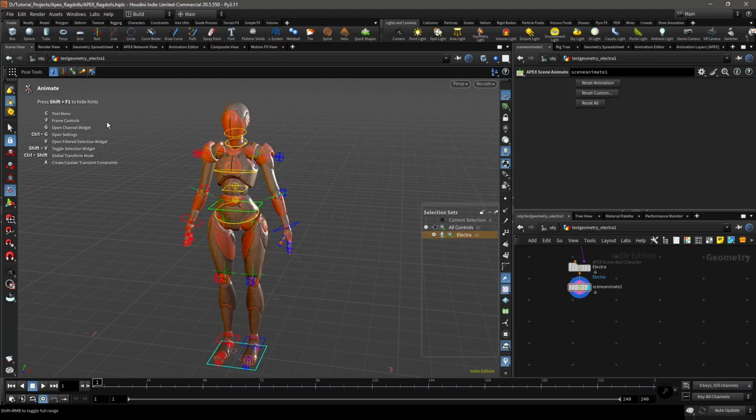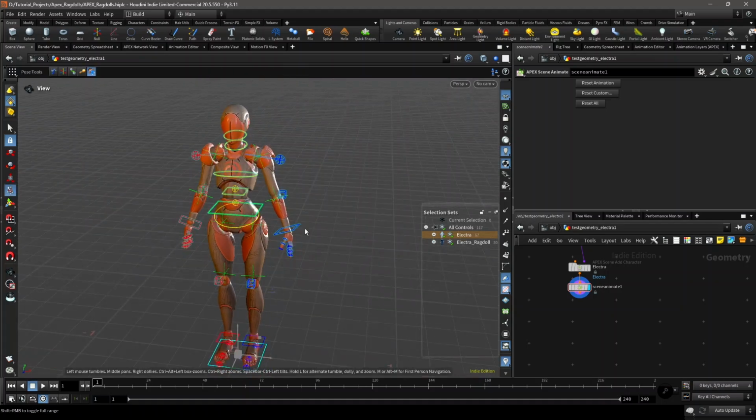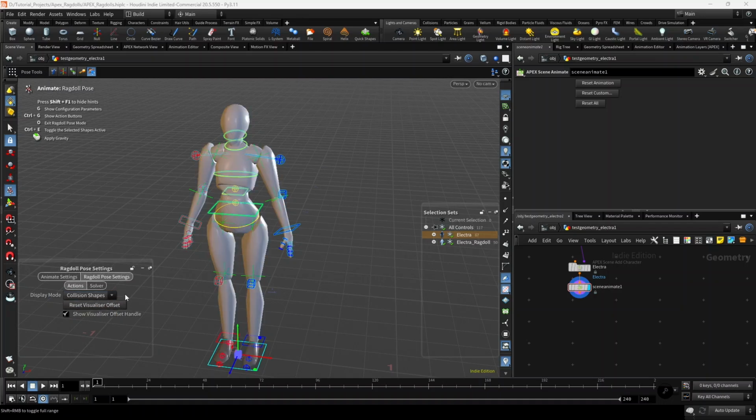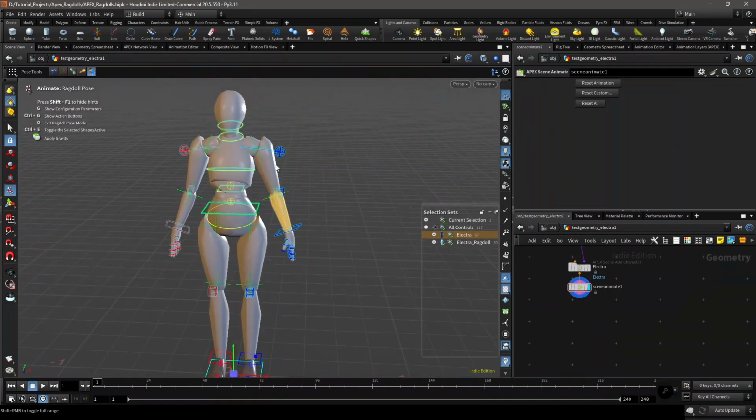And another thing you can do, let's go to the Ragdoll mode again and press O. So another thing we can do is we can again set different parameters for the collision shapes if you want. Ctrl plus Z and Ragdoll pose settings and set it to collision shapes. And now you can select any of these shapes and press G, and